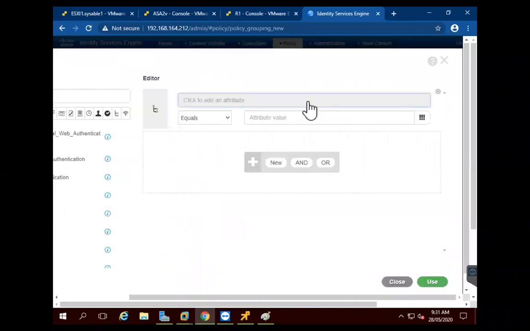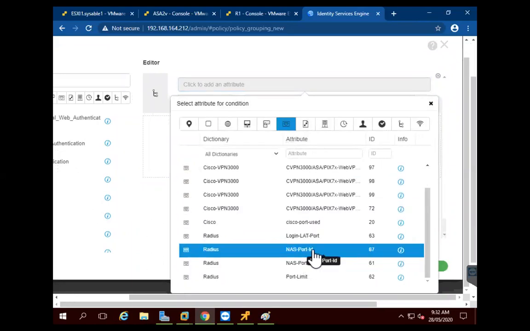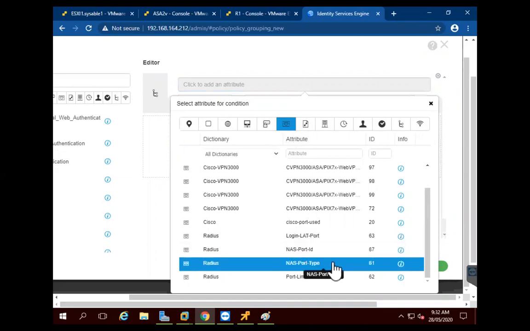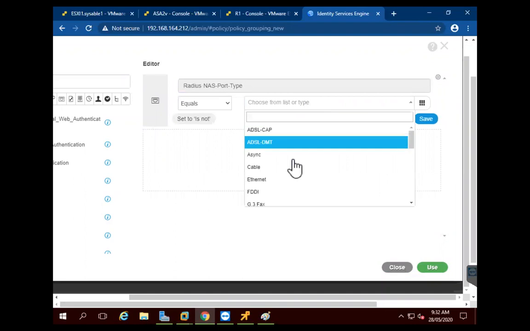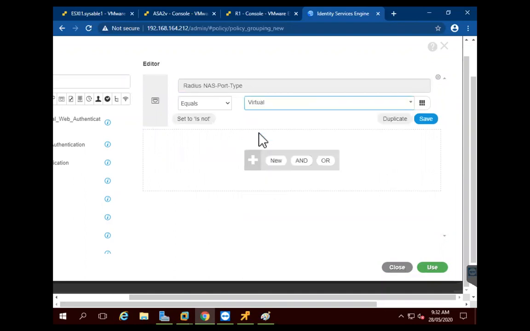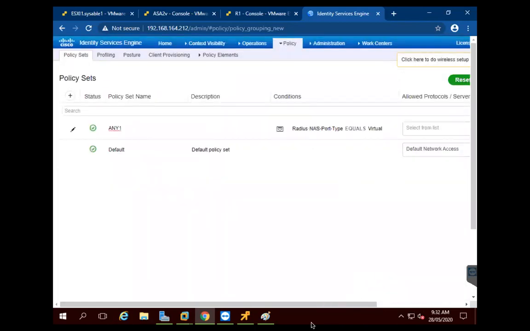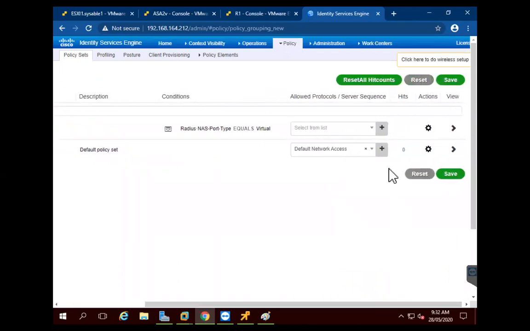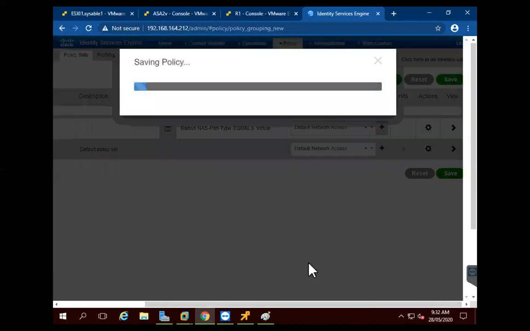I will click on this one, an attribute, go to ports, select NAS port type, and select virtual here. So RADIUS NAS port type should be equal to virtual. Click on use, then provide the default access, allow network access default, and save.